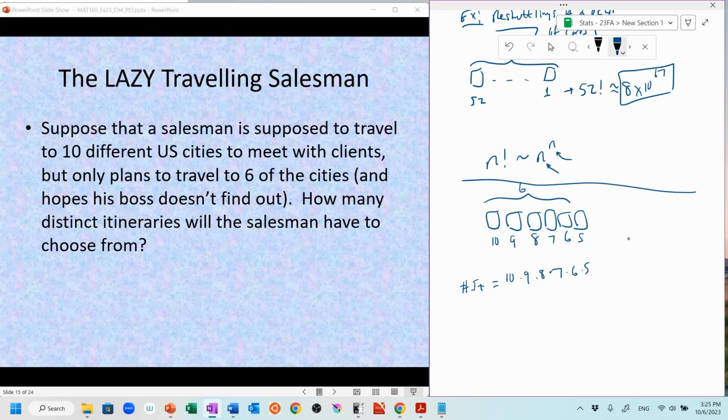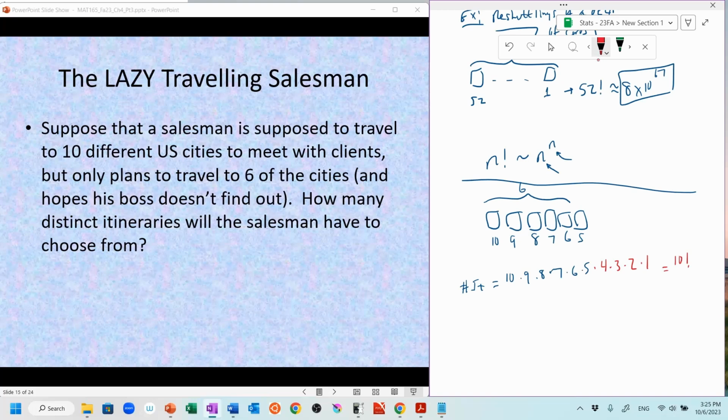Something that I noticed here is 10, 9, 8, 7, 6, 5. This is the start of a factorial. If only I had a few extra factors, it would complete the factorial. This feels to me like completing the square from algebra. So this would be super nice if it was this instead of stopping at 5, because then I could just write